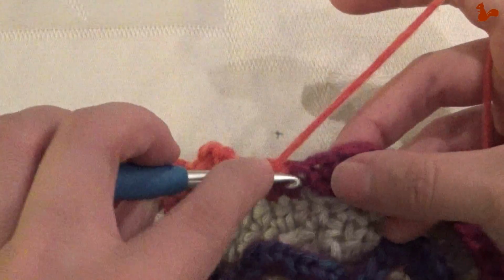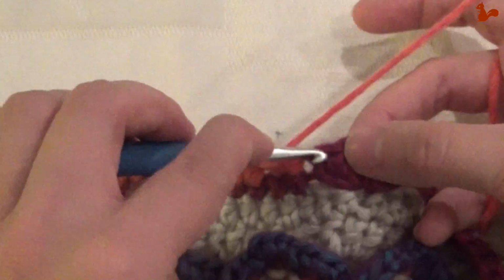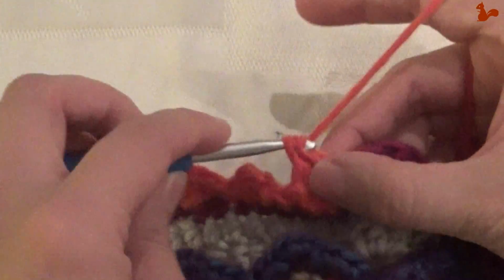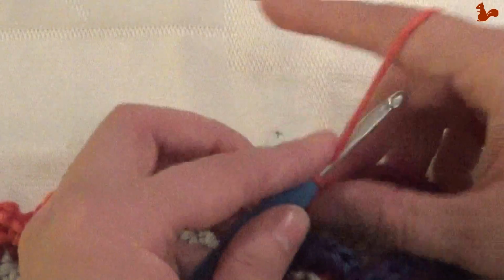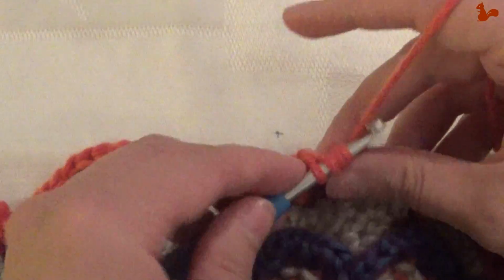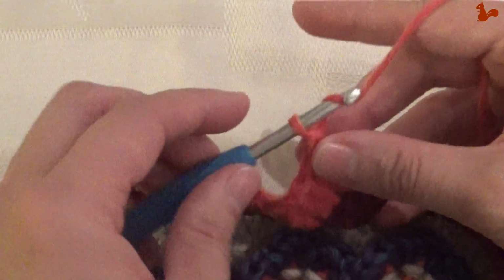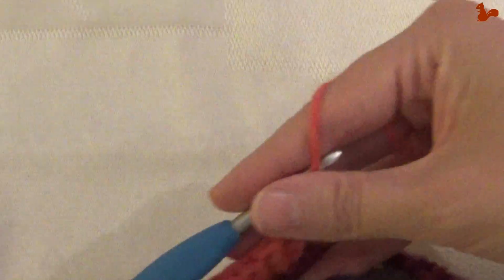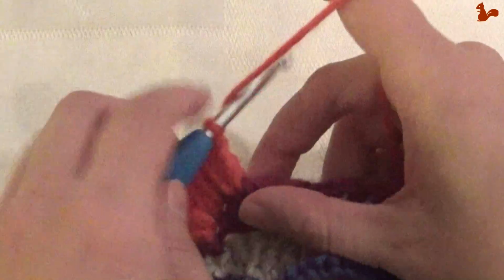1, 2. Work 2 trebles in the second stitch. 1, 2. In the third stitch, going to work 2 double trebles, chain 1 and 2 double trebles. It's 1 double treble, this is double treble number 2, chain 1, and again 2 more double trebles,